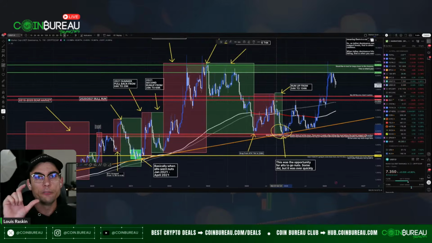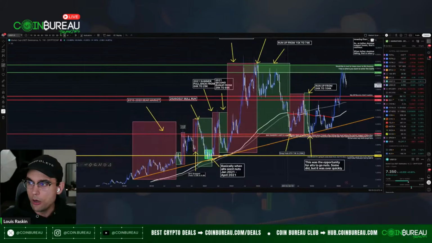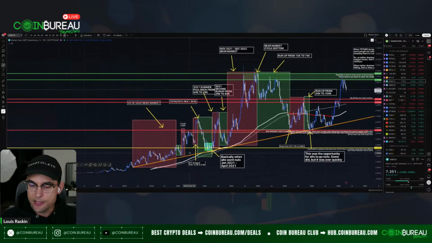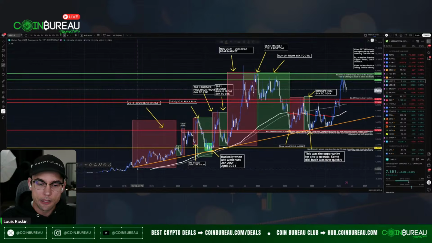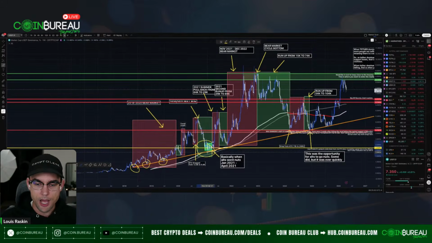We had a little bit of a bull market, and a lot of things went up like crazy during that time. And that's this green box, right? And what happened was it tagged this orange line, which if I zoom out, you could already see it, right? You could see that this orange line has been here since April of 2018. This is where it started, and it's been tagging the bottom every single time we had a bottom. And then in 2021, during the huge bull market, that was right here. That was at this orange line, right?